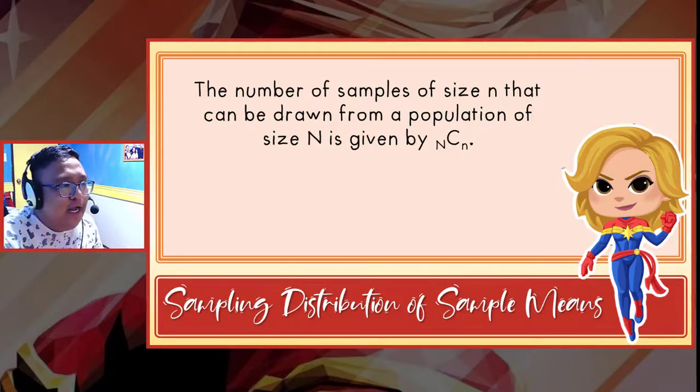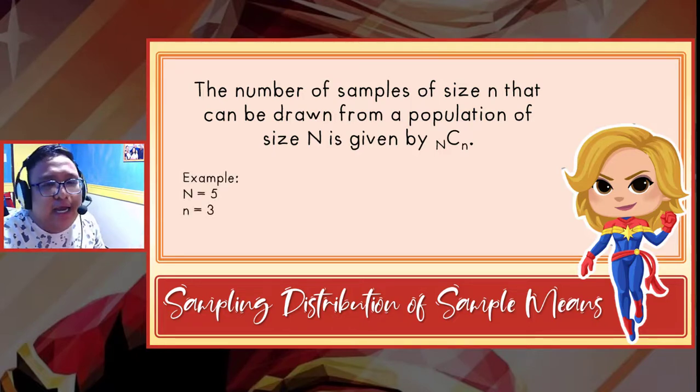Sa scientific calculator ninyo, meron kayong makikita sa baba o sa taas ng division sign na nCr. Kung wala siya sa taas ng division sign, you may look for it. But in all types of calculator, alam ko, nCr ang kanyang